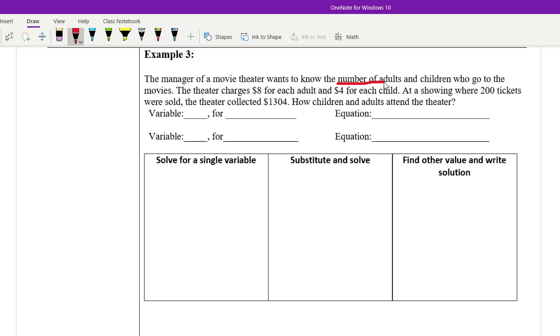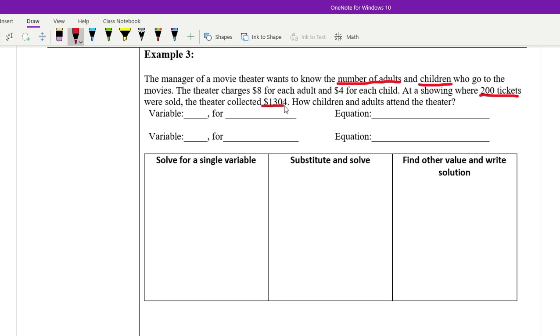He wants to know the number of adults and children who go to the movies. It says the theater charges $8 for each adult and $4 for each child. At the showing, there were 200 tickets sold. So that's giving us the combination of number of adults and number of children sold, and the theater collected